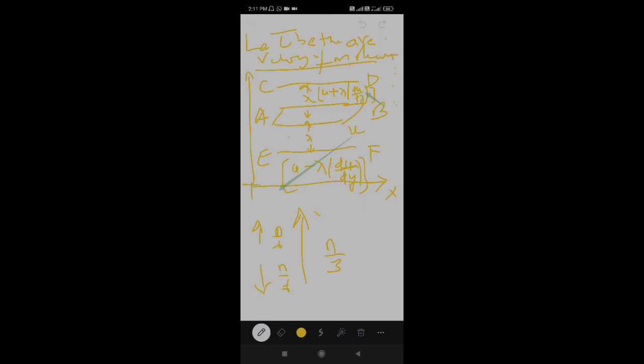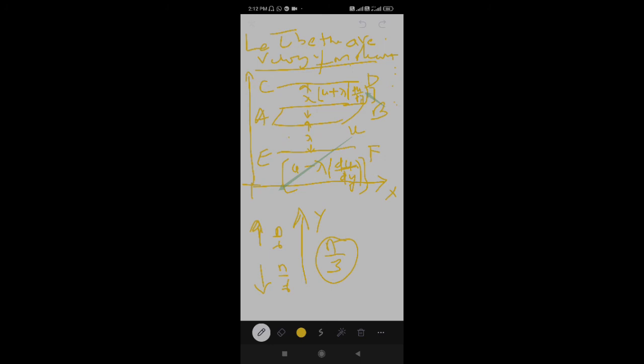Suppose we are considering this to be the y-axis. This happens for any axis as well. Half of these n by 3 molecules are moving upwards, half are moving downwards. Since c bar is the average velocity,